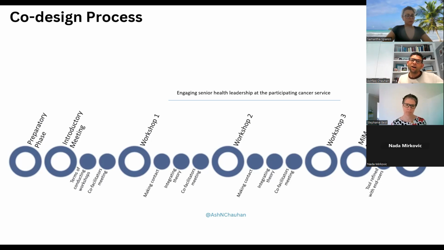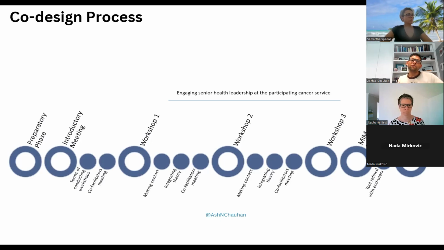So my supervisor, Associate Professor Rima Harrison, was in contact with the directors at the cancer service to make sure we had buy-in from them, that what came out of this co-design would at least be tested, or they would be interested in testing and implementing it later on to realize the outcomes that we intend to produce.